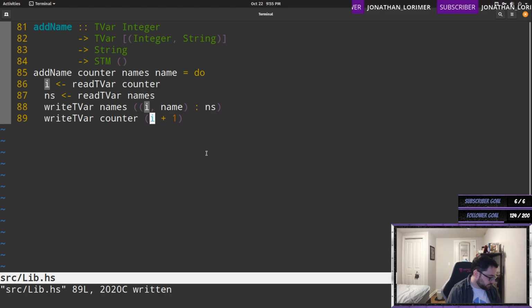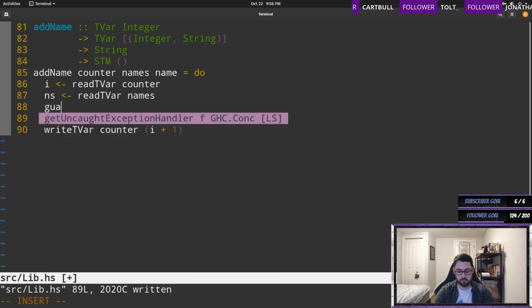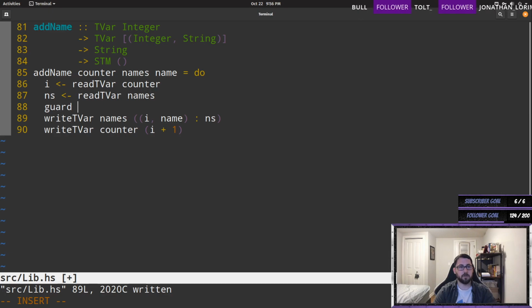Okay, so it says modify the code above to guarantee that no duplicates exist in the list of names. In other words, the code should only insert a name if there's no pair in names that already has it as its second component. All right, so I feel like we want to reach for a guard where